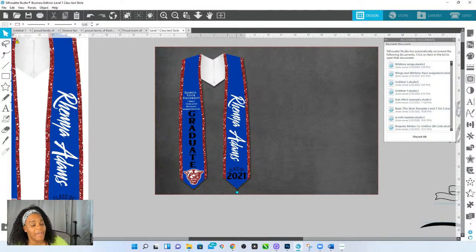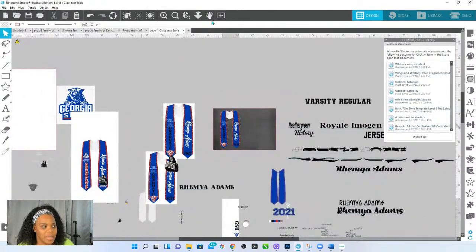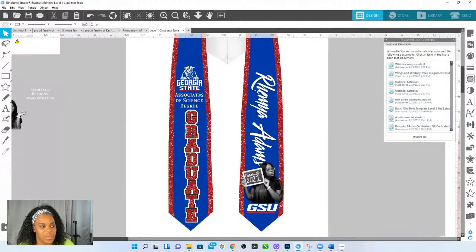Now, the other side for high school was a little bit more because she had dual enrollment. But this is all that was needed. And this is how hers ended up being. So this is her actual one afterwards. It was just the logo, degree, graduate filled in with some glitter, covered up the bottom with GSU, her name, one picture.